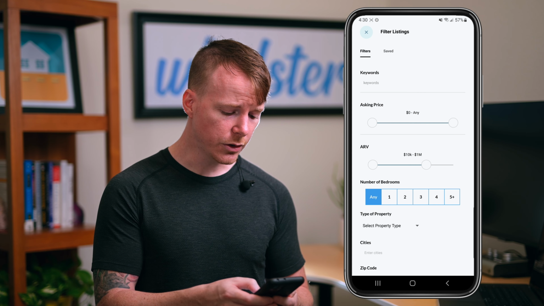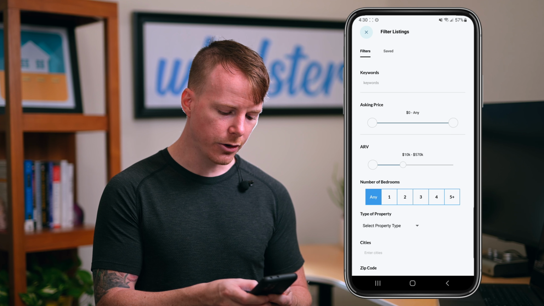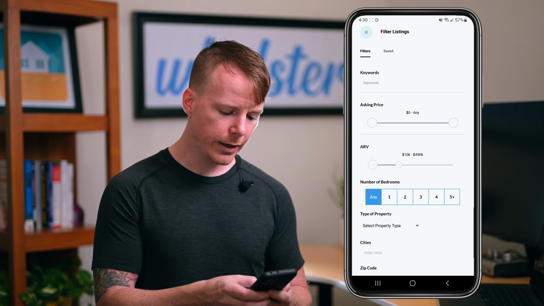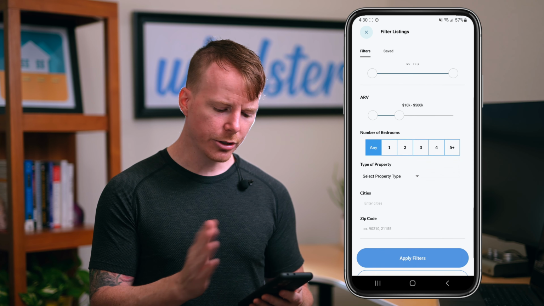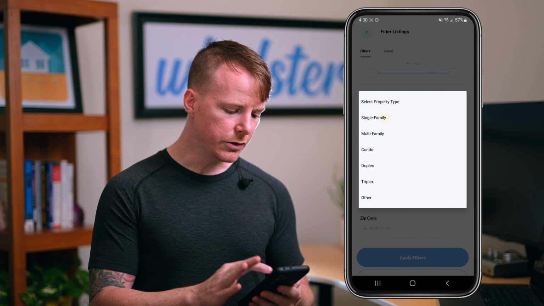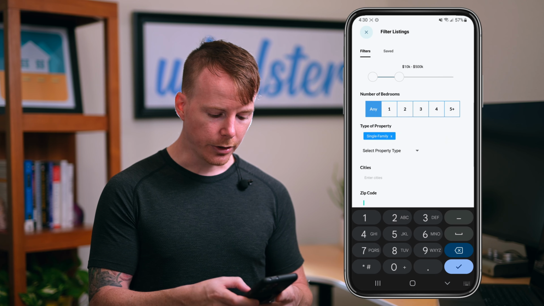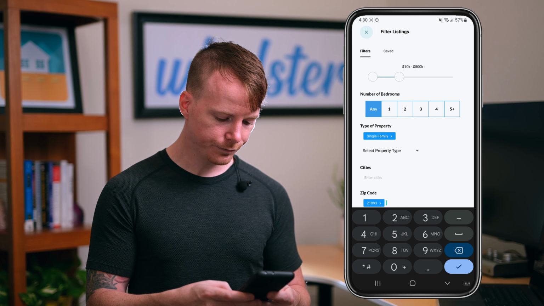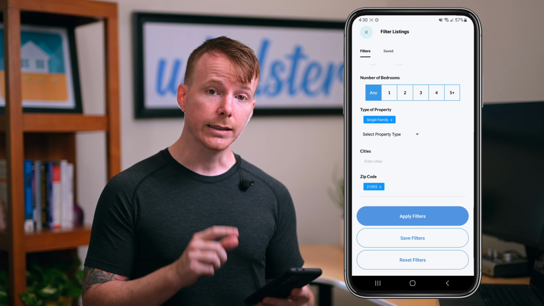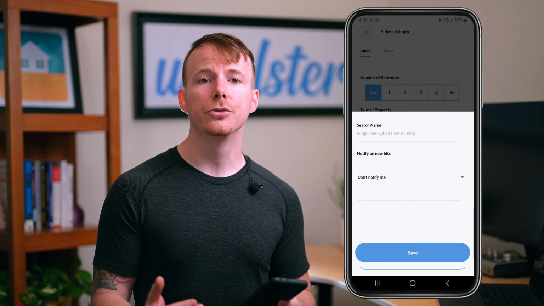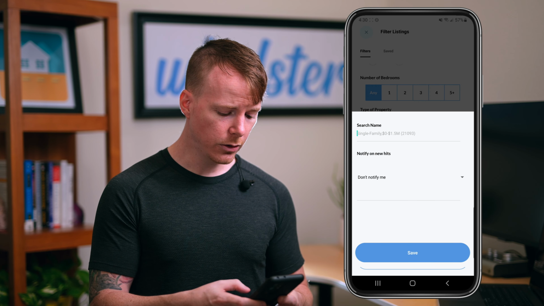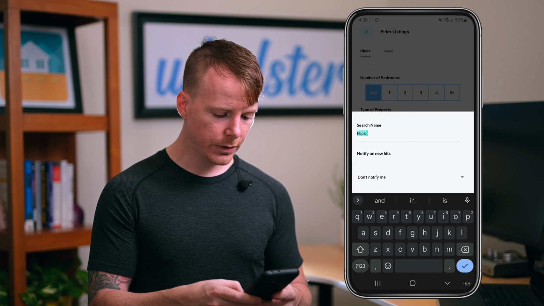So let's do a search for ARVs under 500K, and I'm good with any bedrooms. Let's do single family, and let's do a zip code, 21093. Okay, so now we just need to save the filter, and that brings up a new screen where you can name it. So let's do flips in